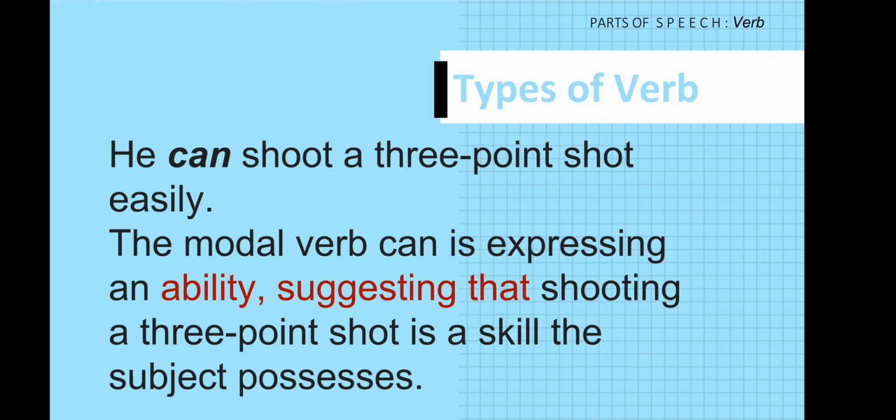We have he can shoot a 3-point shot easily. The modal verb can is expressing an ability, suggesting that shooting a 3-point shot is a skill the subject possesses. He can, meaning it only shows that he has the ability, he has the capability of doing that. He can. If ever I change the sentence into he should shoot a 3-point shot, he should shoot a 3-point shot, period. Therefore, I am indicating, okay,